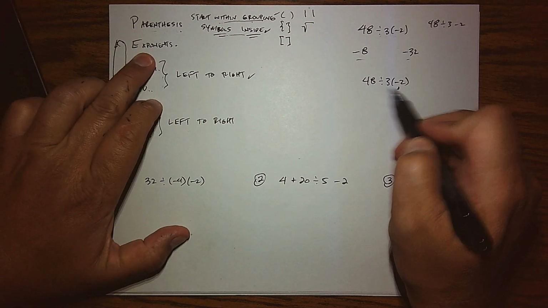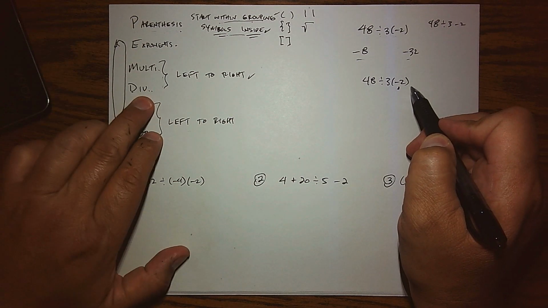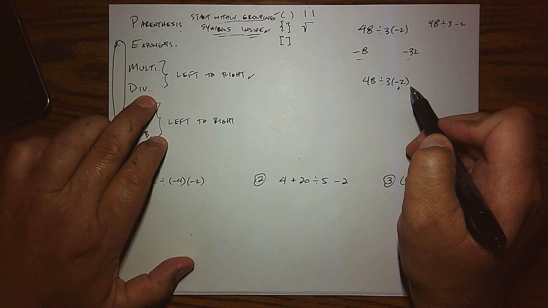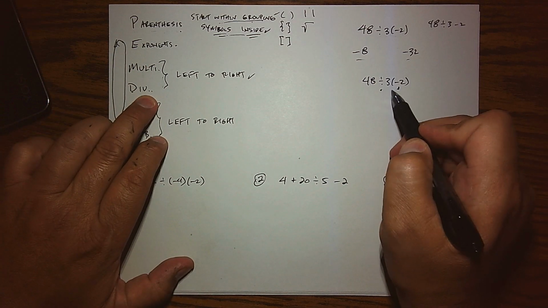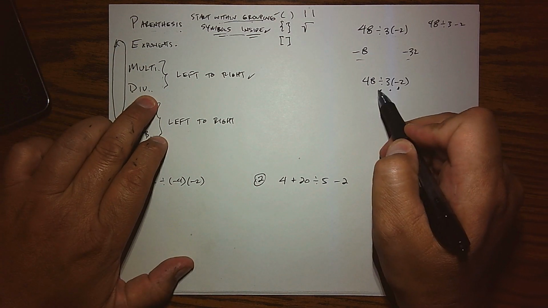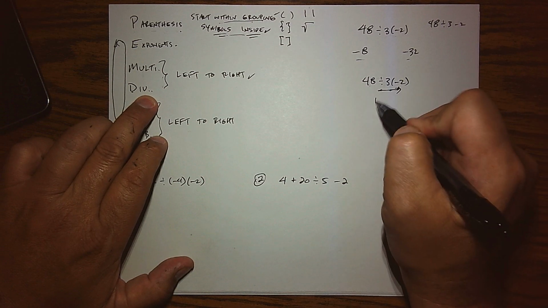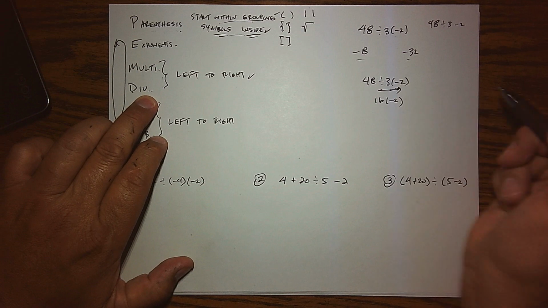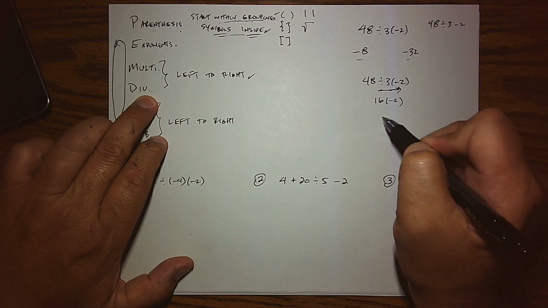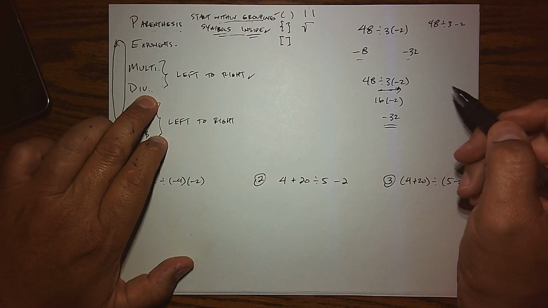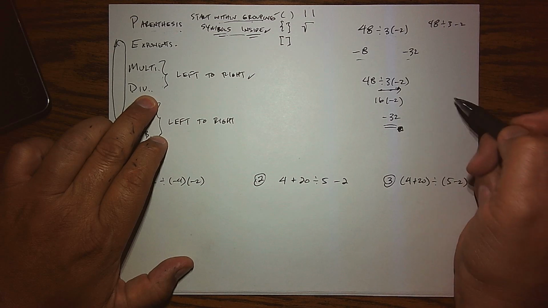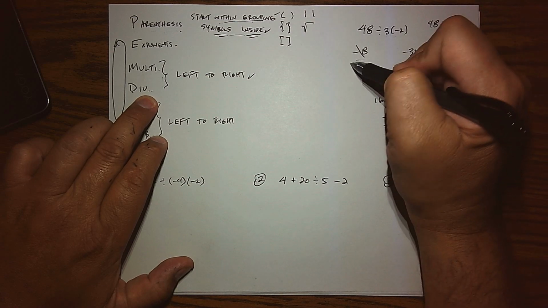Next one is deal with exponents. Well, there aren't any. The next thing is to do multiplication and division left to right. Well, there's a division there and a multiplication there. So what takes over is left to right. So 48 divided by 3 is going to give us a 16. And then when we multiply by -2, we end up with the correct answer of -32. So -8 is